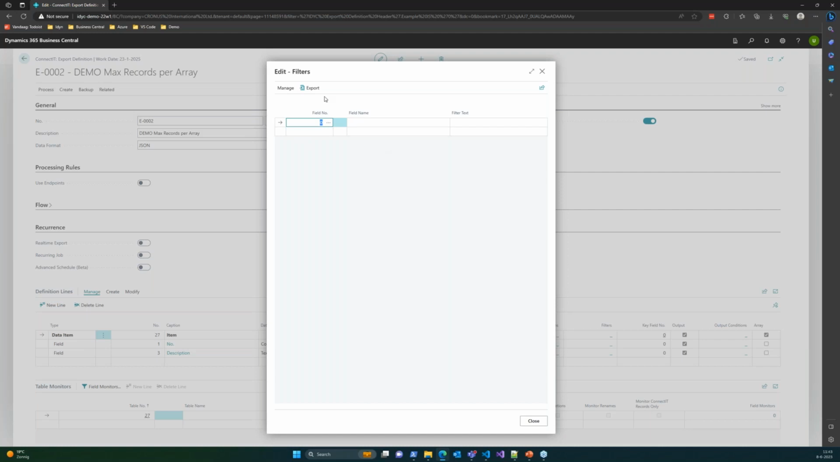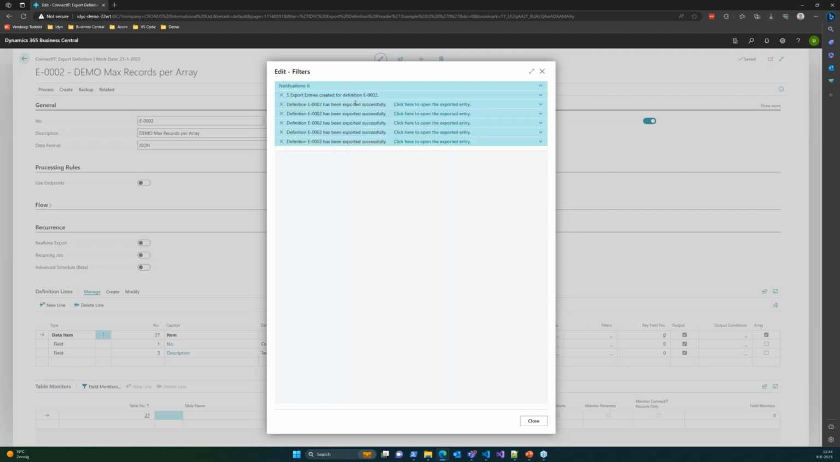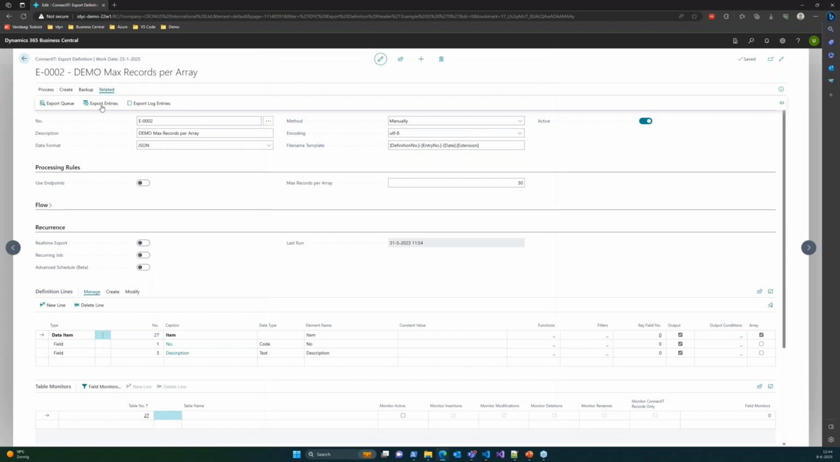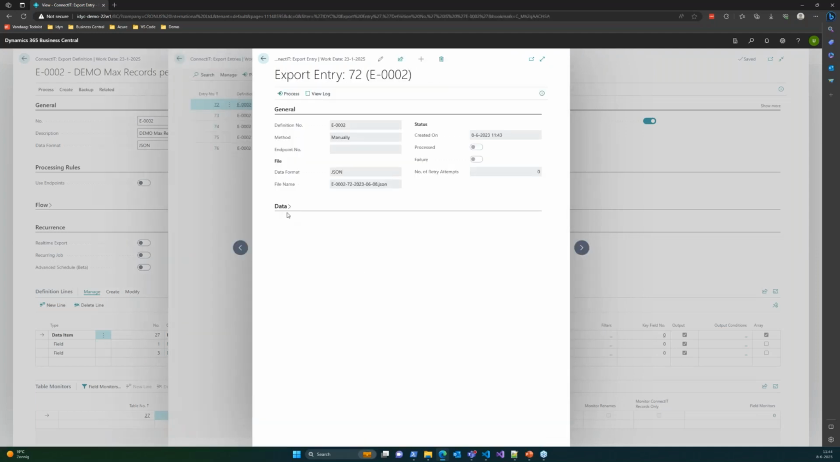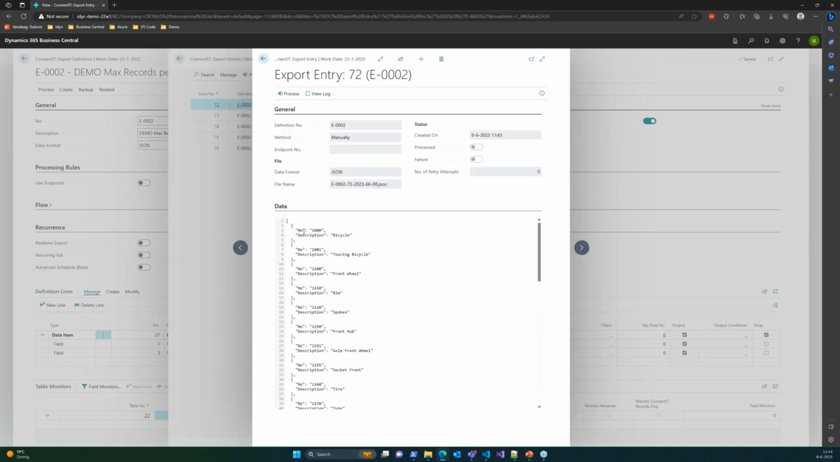So I have set up no filter over here, and I export all items. And we can see there are, well, 6 notifications, but 5 export entries have been created. If we take a look at those export entries, then we should see that this starts at the beginning of the data set. And here we continue